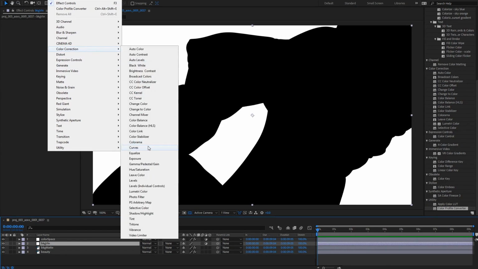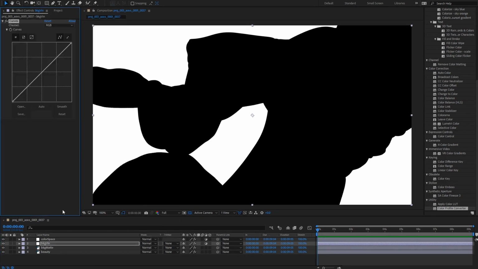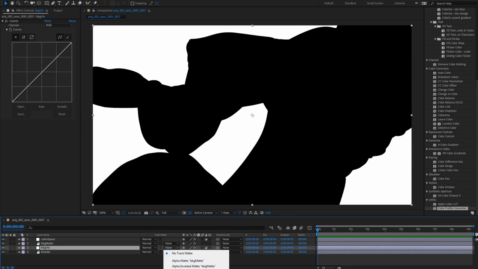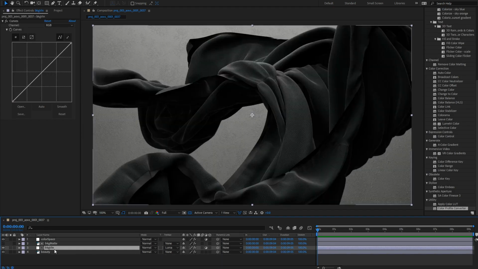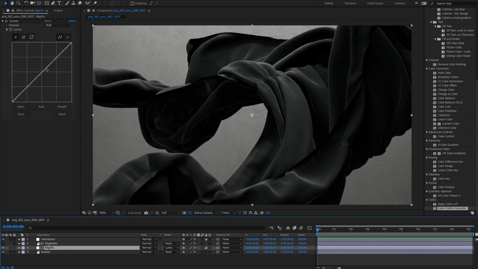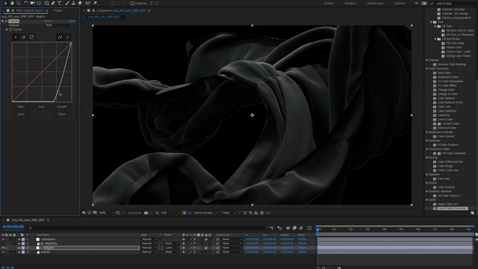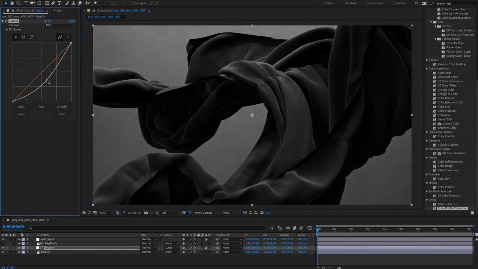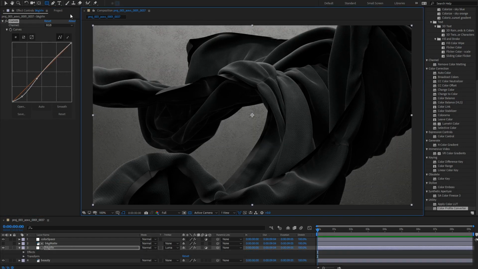And we'll grab a color correct, and let's just grab curves. And we're going to set this curves adjustment layer to Luma Matte for our background matte. So now we're using this to mask off where we're going to apply our color correction. So you see if I bring this down or up, we're simply adjusting the color there. So I think I'm going to give this guy a bit of some contrast, maybe a little more contrast than I'd like, and give it a